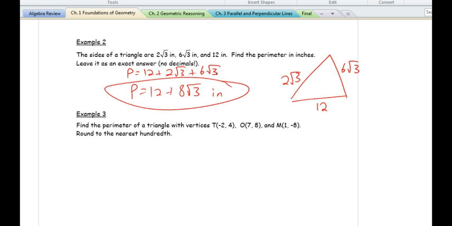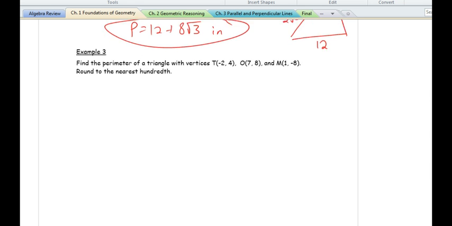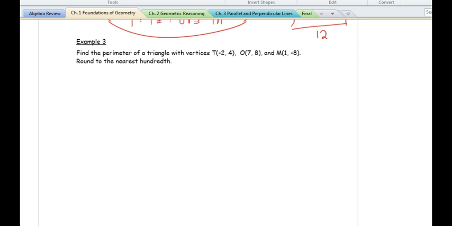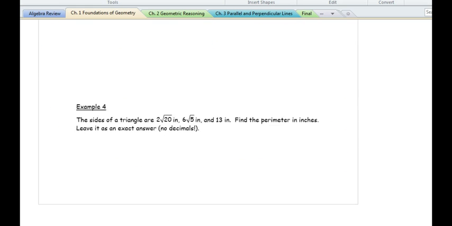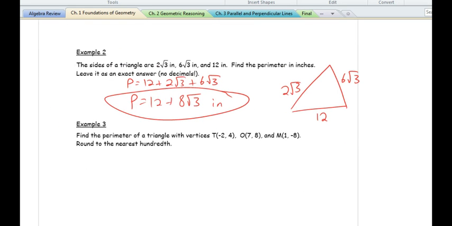Okay, so example 2 is not too bad. So again, make sure you go back, try example 3, which is like the one we did in example 1 here, and then try example 4, which is like what we just did in example